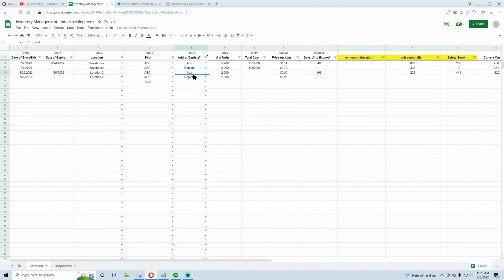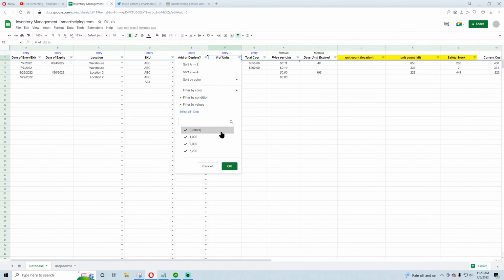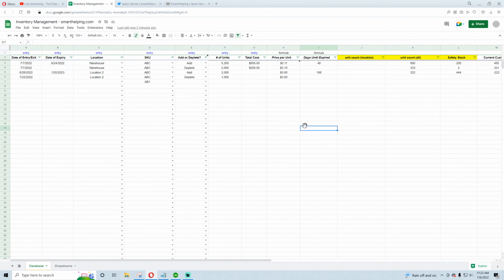Now the add deplete, basically the only benefit there is you can do a filter and say, okay, here's where my add transactions are for this SKU and this warehouse. If it was plus or minus, you couldn't really do that filter. You'd have to look at all the positive. It wouldn't really be feasible. So I think we do keep this column header here, and then for the unit count calculation,